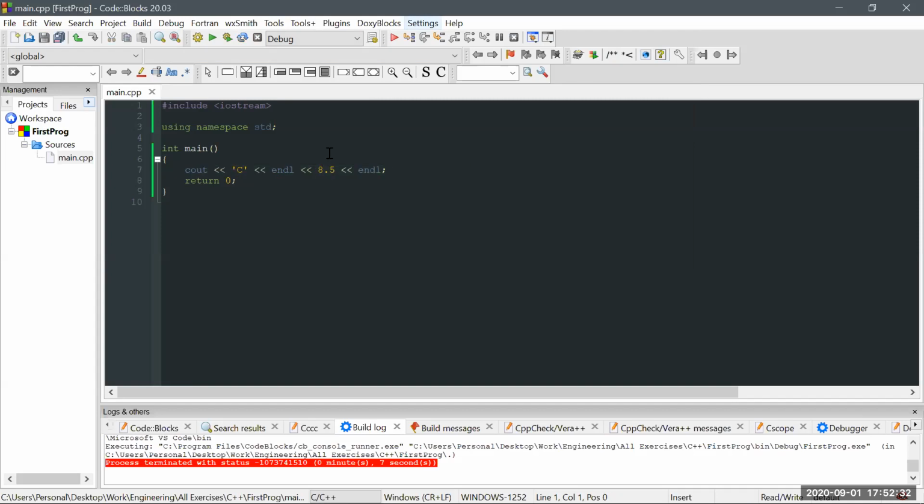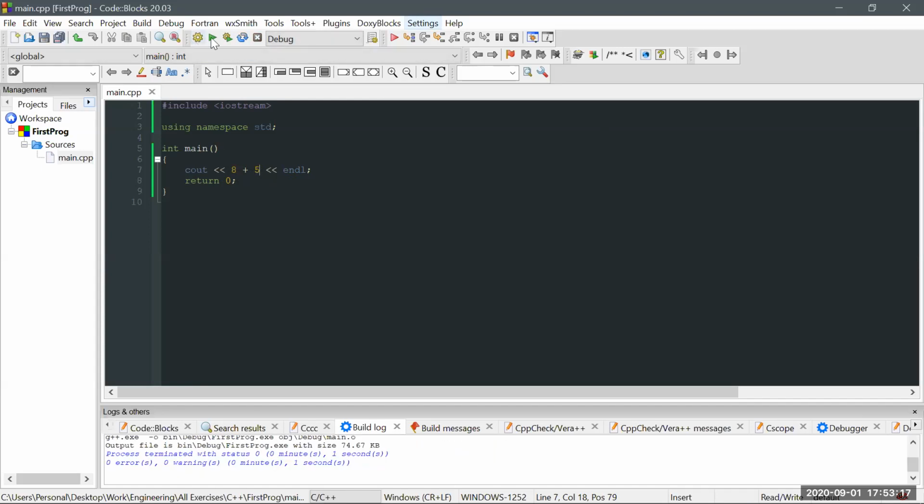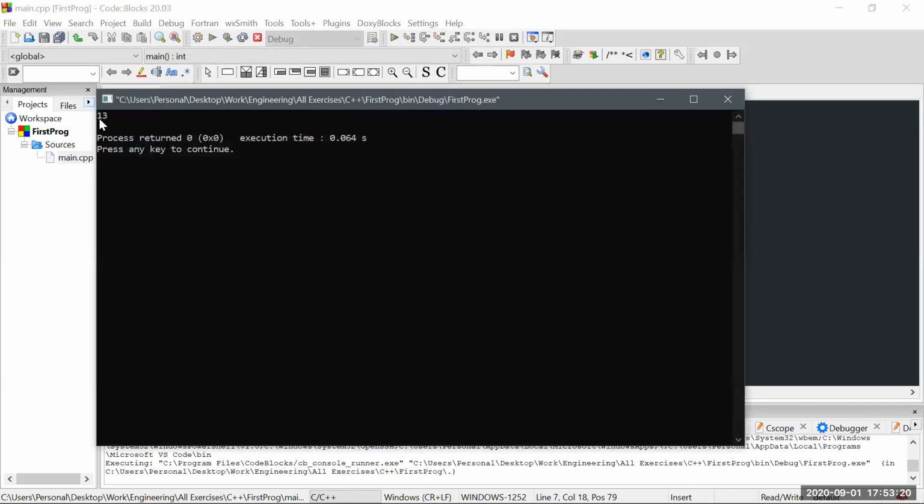Okay, so now let's try to have an arithmetic operation. So let's say, for example, we have this value 8 plus 5. Now, in Code::Blocks, it still follows the MDAS rule. It means multiplication first, division second, addition, then subtraction. So in this case, we start with this one, and of course, you need to include parentheses if there's an inclusion of operation. So in this case, if you write there cout 8 plus 5, what do you think will be the output? So the output will, let's run this one, be the result of 8 plus 5,